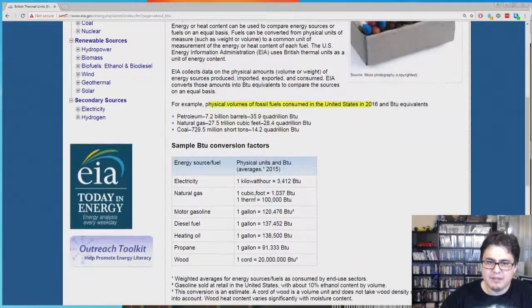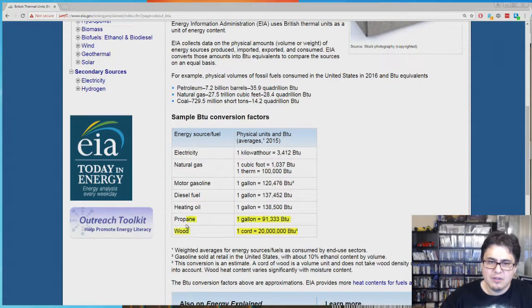That's pretty much it. I mean, we're just kind of going over again all the different energy sources, kilowatt hour versus BTU, and so on, right? Gasoline, 1 gallon, diesel fuel, propane, 1 gallon, so on. And then we have wood. 1 cord is equal to 20 million BTUs, right? So I don't know if you guys are familiar with what 1 cord is. 1 cord is literally just like a big stack of wood, and I want to say I think it's 4 feet high, 4 feet wide, and 8 foot long.